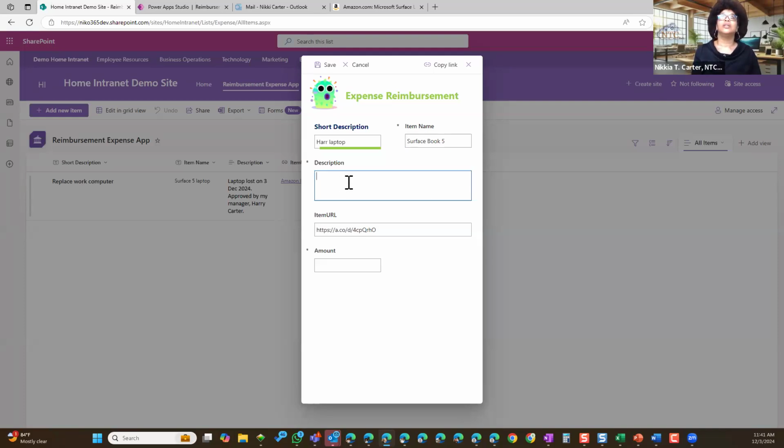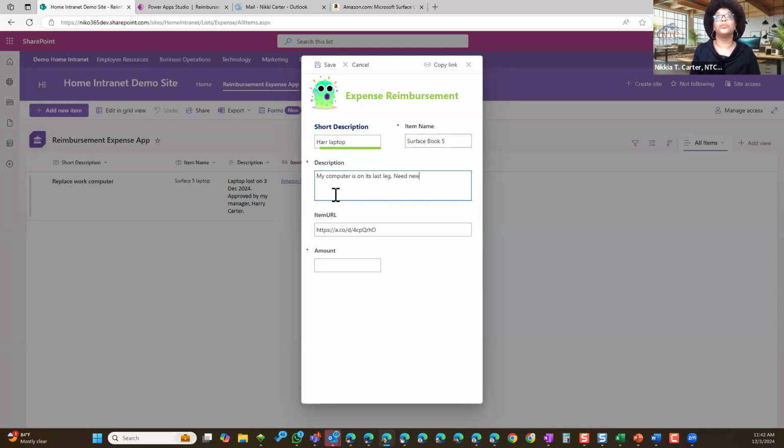Oopsie. Also in the description, I don't get the rich text, because I didn't set it right now, the way this field is looking at it as plain text. There's a way to turn that on, but I didn't turn it on. So I'm going to leave this as plain text and just say, my computer is on its last legs.